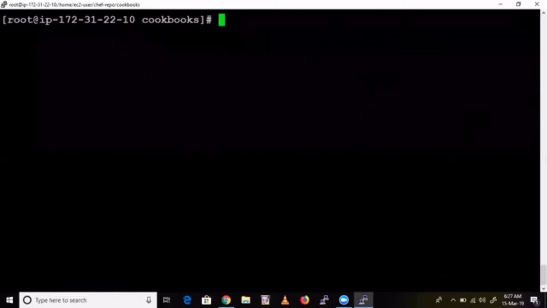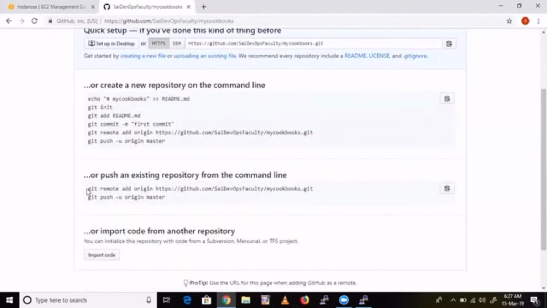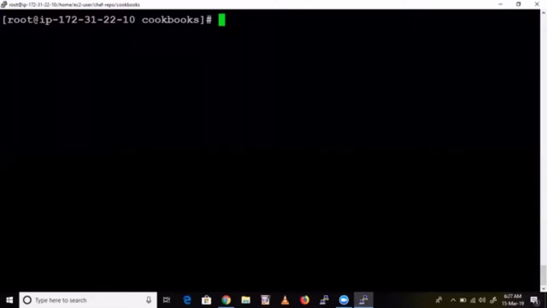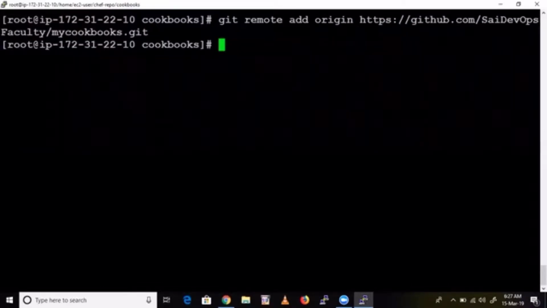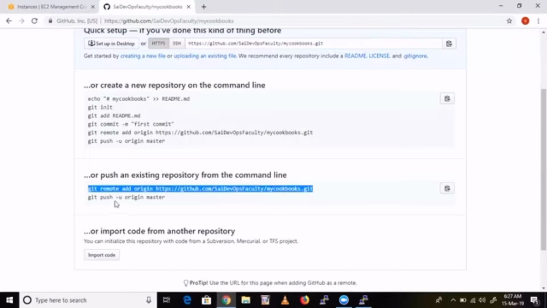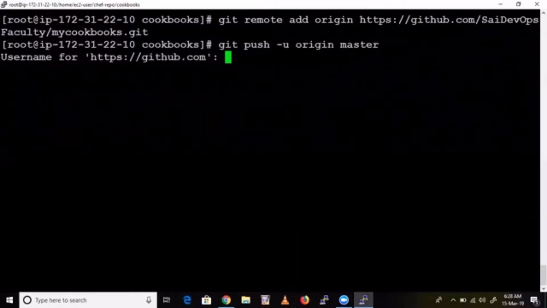Now what you do? You just add. You see this one, right? git remote add, this one. Okay, copy that one and paste here. We have added. Now let's push all these cookbooks to GitHub. Simple. Enter.